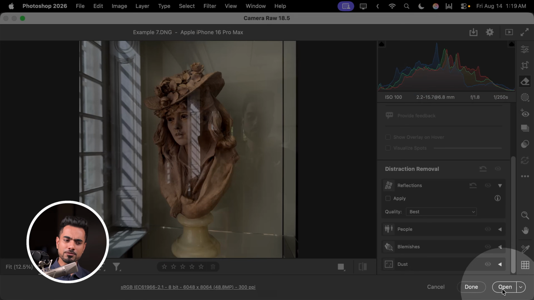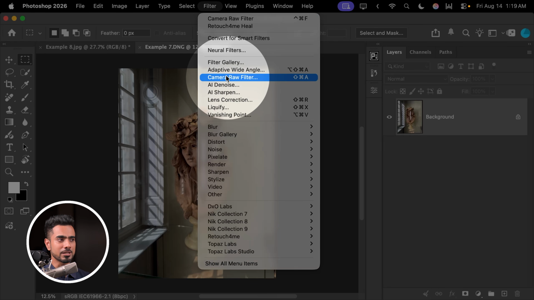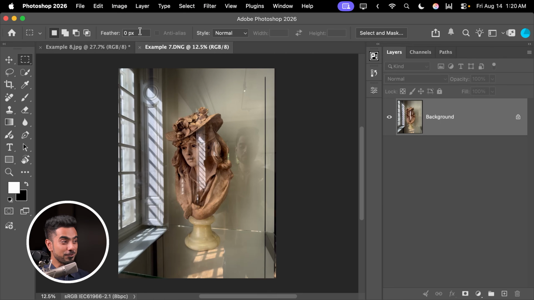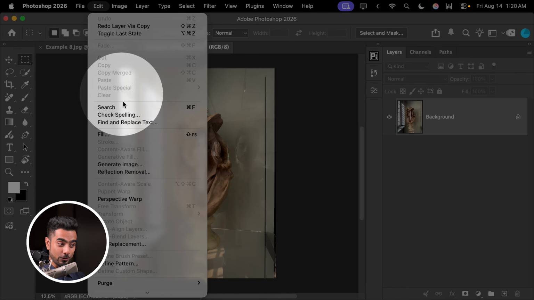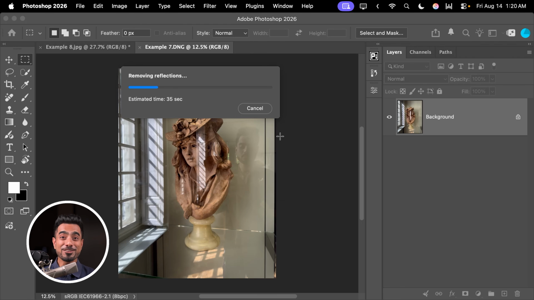Even if you open the photo, you're not working in Camera Raw, and let's say this is a JPEG, it would still work as a Camera Raw filter. That's good. The blemish filter also works that way, but here's the catch. If you simply go to Edit, Reflection Removal, it's the same feature. I can pick the quality just like I could in Camera Raw, and then it automatically removes the reflection in